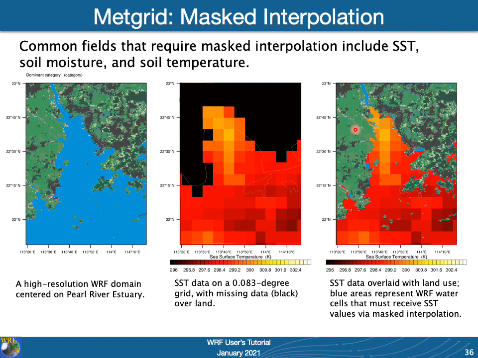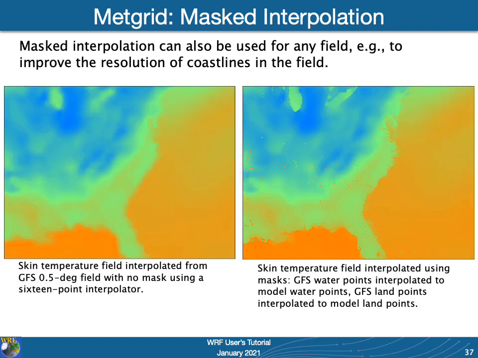If we overlay land points on top of this SST field, it's obvious that there are some water points in our model domain that aren't covered by the SST dataset. Conversely, there are some land points that are covered by the SST dataset. The Metgrid program handles these mismatches in the land mask between our ARW domain and the SST dataset when it performs its horizontal interpolation. It's even possible to use masked interpolation for fields that are valid everywhere,